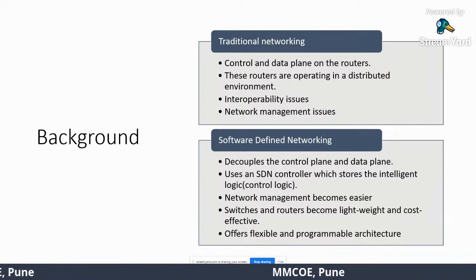Now, the challenge with such a scenario is when you have the control plane and the data plane running on the same router, and the routers are manufactured by various vendors. For instance, you have Cisco as a major player, you have Juniper, right? So you have other companies as well. Two major players I mention here are Cisco and Juniper, and of course there are many more. And organizations deploy routers from various vendors.